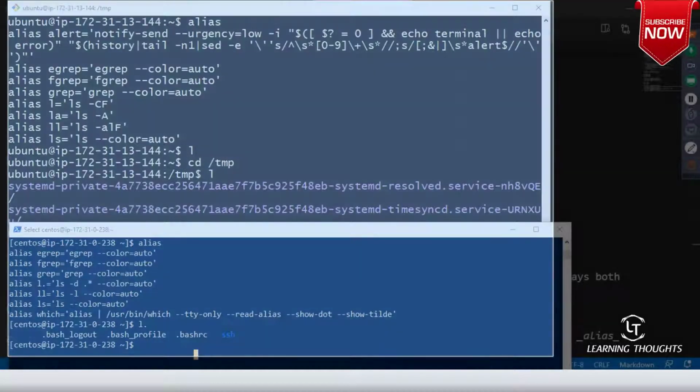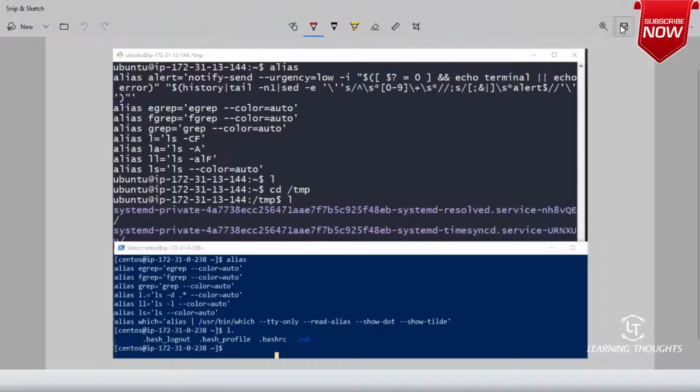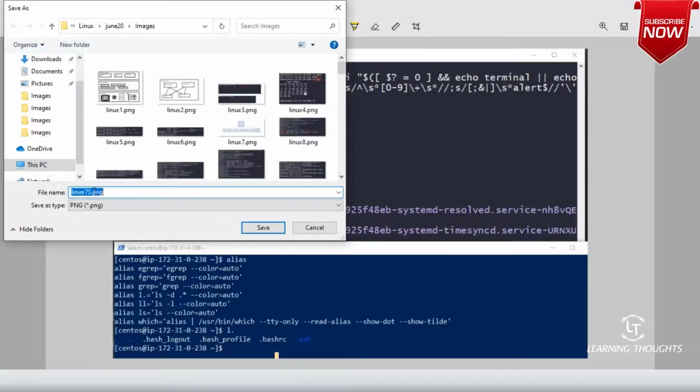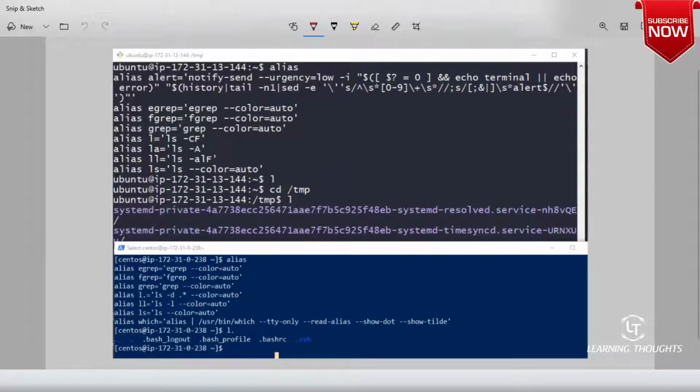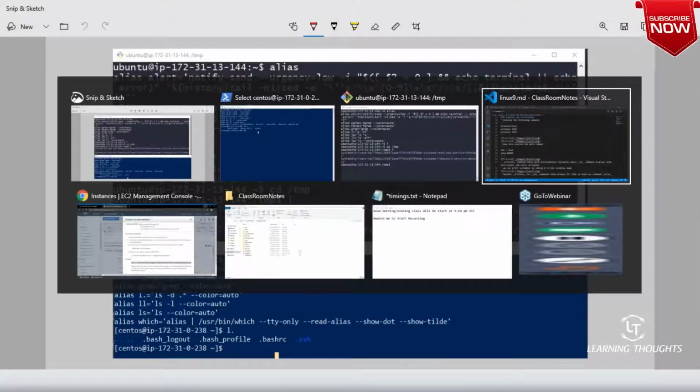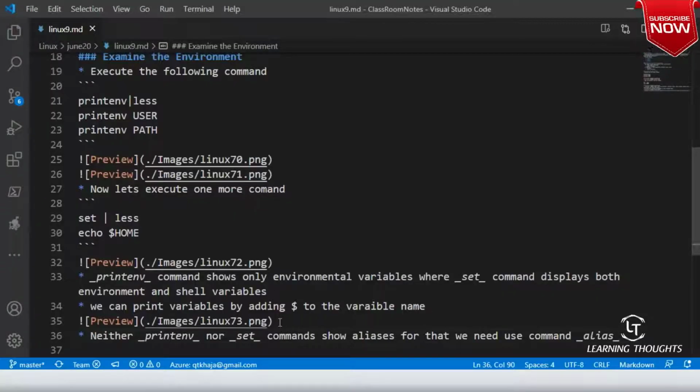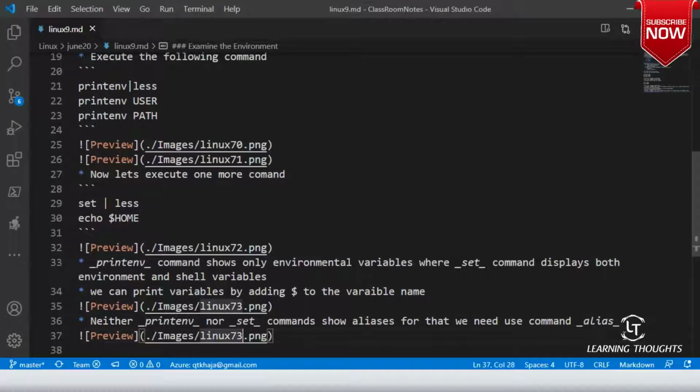Sometimes you might see a lot of people in the Linux world create their own aliases for their own comfort. That might not be present in your machine, but it might be working on their system. The reason is that they have created the aliases. And if you want to view the different aliases, you can do this.